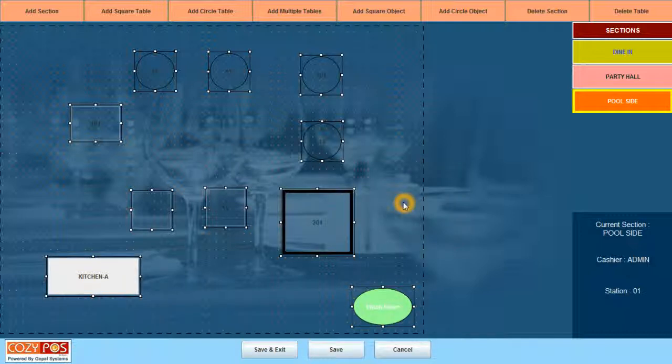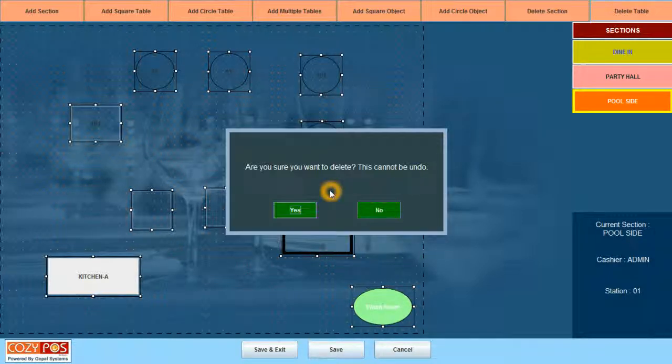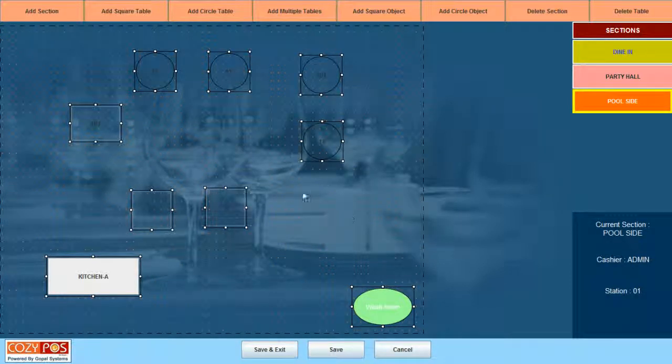Suppose we want to delete any table, we can delete it from here. Suppose I want to delete this one, then I will click on this and click on delete table. Then it will prompt for do you wish to continue or not. Suppose click on yes. Now you can see the table is deleted. Even we can delete sections also from here. Then at the bottom you will find 3 buttons: save and exit,